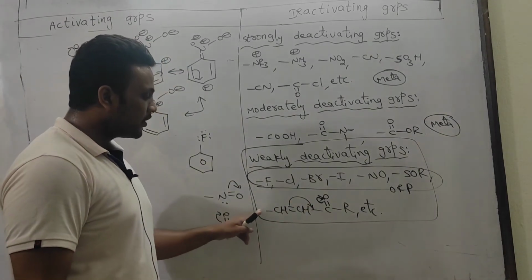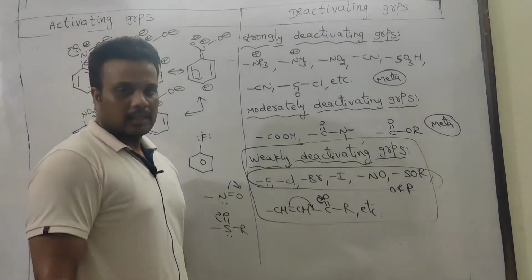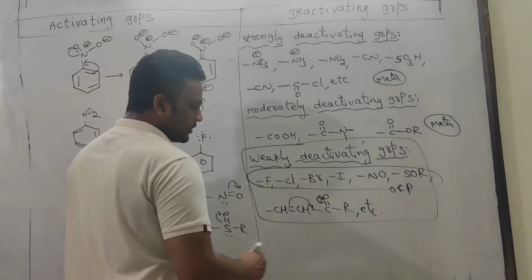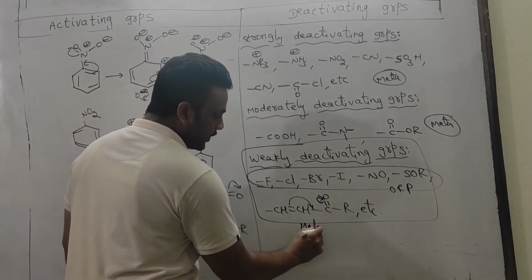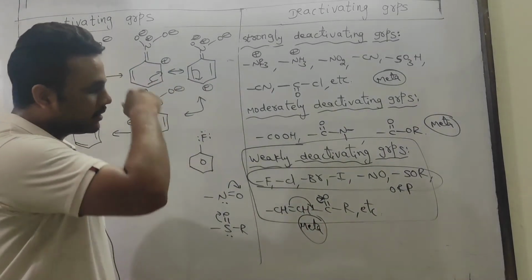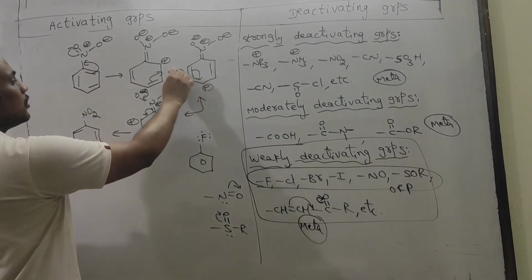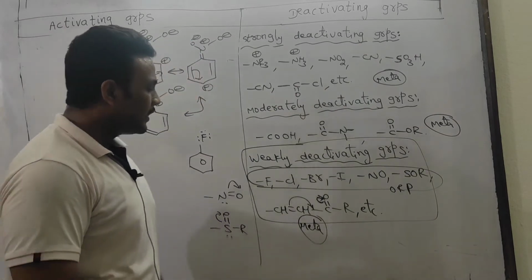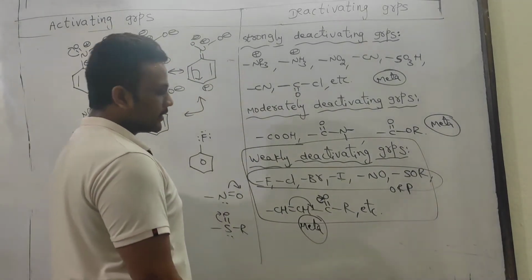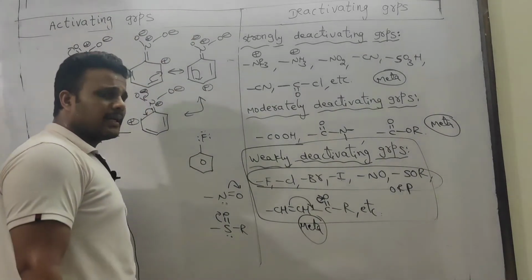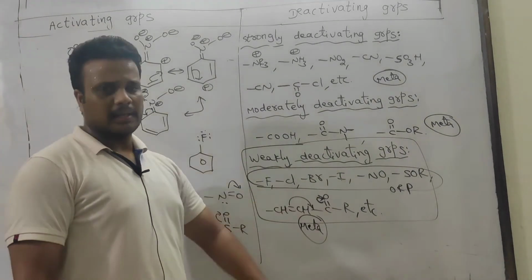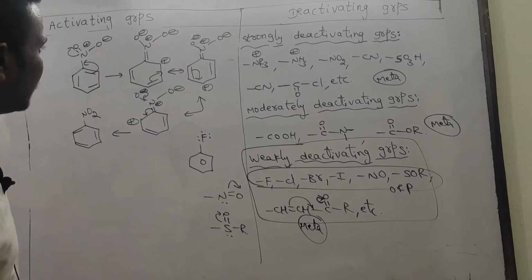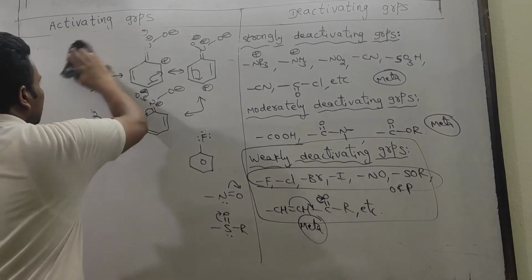If you imagine benzene ring here, then also shifting takes place like this, because this is a strong withdrawing group. So that's why this is a meta director, because it decreases electron density in the benzene ring, so that positive charge will be developed at ortho and para positions. But in these cases, negative charge is developed at ortho and para positions, no doubt, but still they are ring deactivators. Okay, I already told the reason. So this is the difference between activating and deactivating groups.